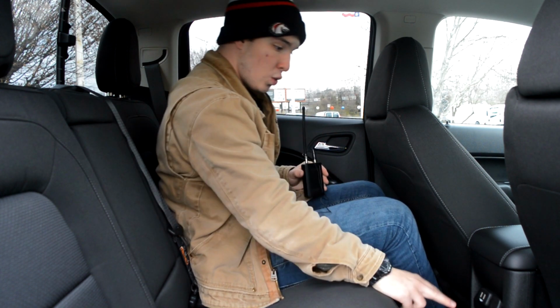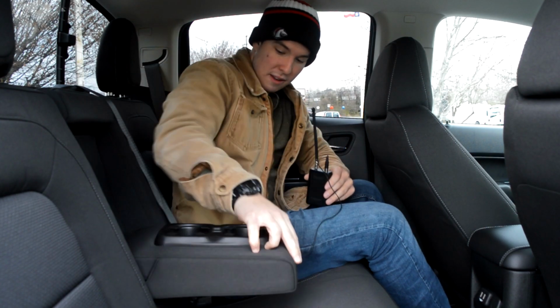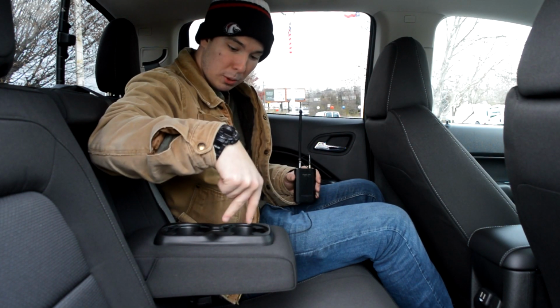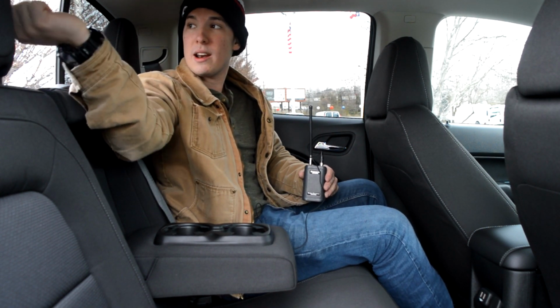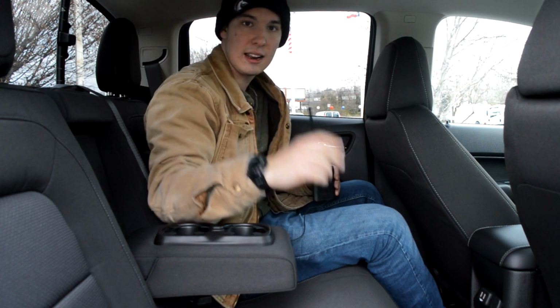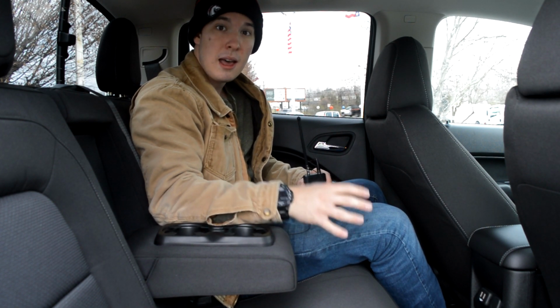Back here, you have 2 USBs and a 12-volt outlet, and then you also do have a fold-down armrest with 2 cup holders right here, and a manually sliding rear window. It's very fascinating to me what takes priority in the rear seats of these mid-size pickup trucks, because in the